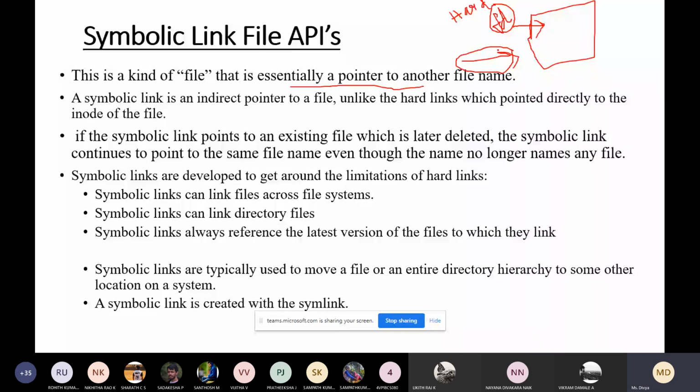If the symbolic link file points to an existing file which is later deleted, what happens? Assume that there is a file F1. Now assume that the user deletes this file.